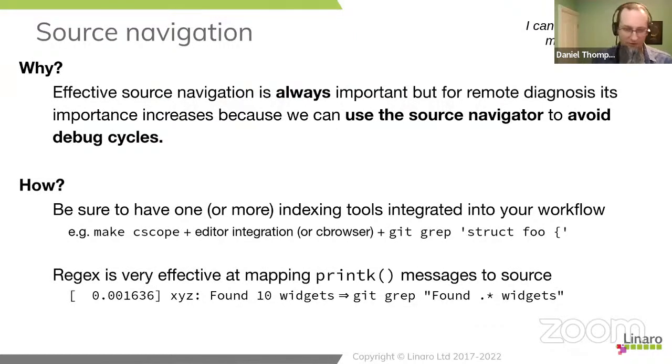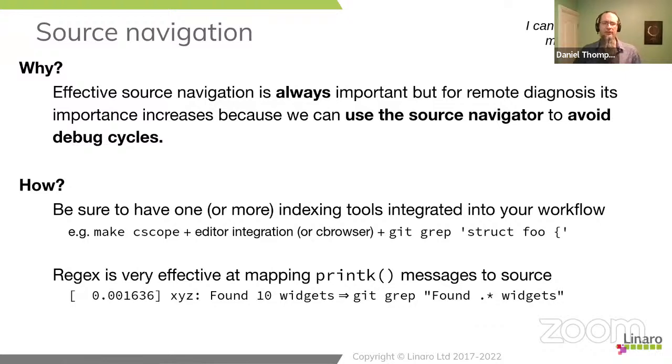So the job then is to take those error messages, study the kernel code, and create some theories about the different ways that code could go wrong. Once you've got your theories, then we can perhaps get rid of a few. If we can find printks in some of the code paths and they are not in the log from the customer, we can cross those out. So just by using source navigation and without doing a round trip, we can say, well, the problem's not this, the problem's not this. There are now some examples of what might be going wrong, but we can prune the options by careful source navigation.